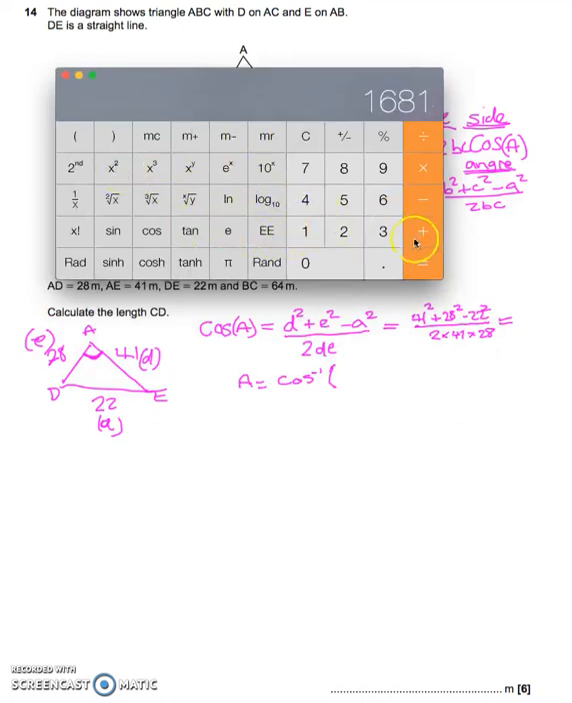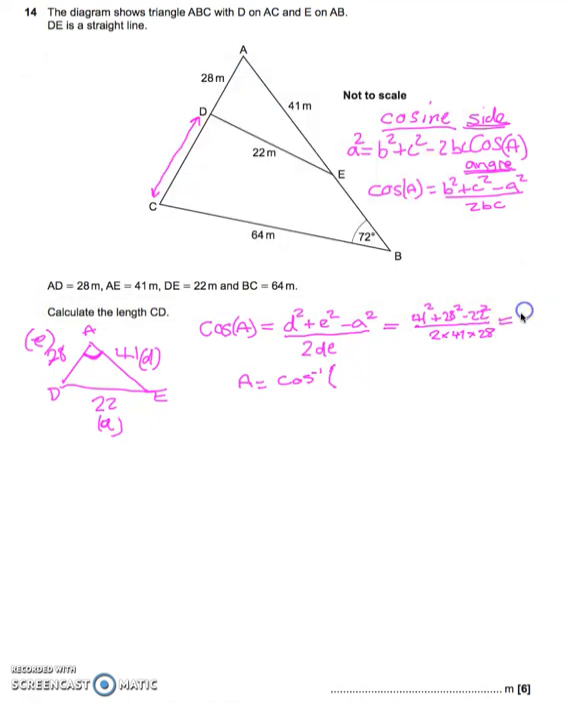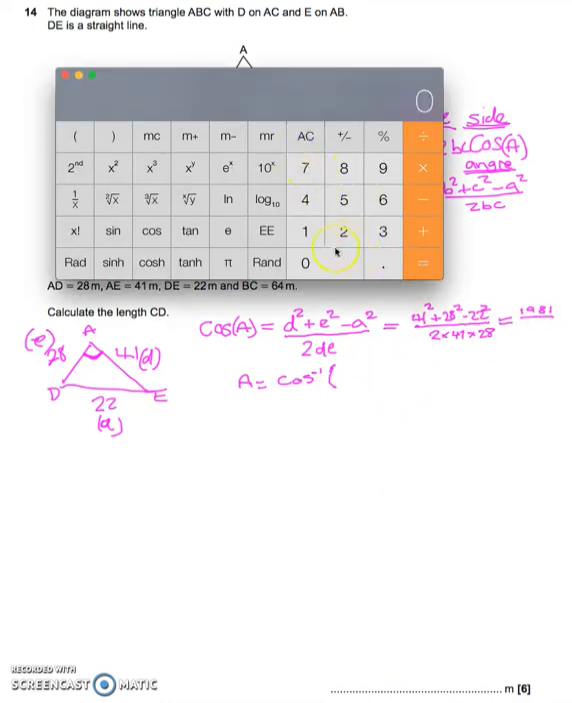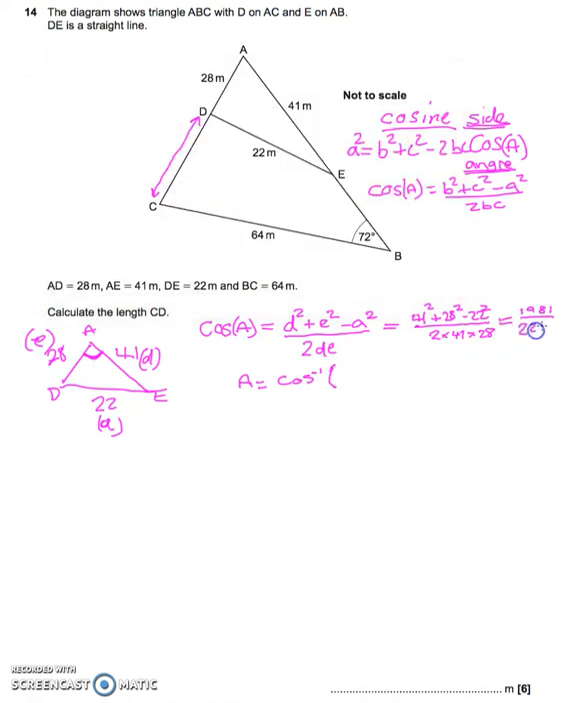So 41 squared plus 28 squared minus 22 squared equals 1981. Write that down. Over, and then I've got 2 times 41 times 28, which is 2296. Now you work out what that is, or your calculator works out what that is, and basically